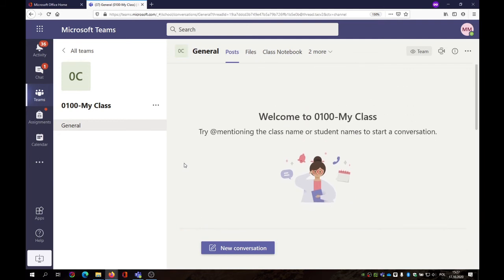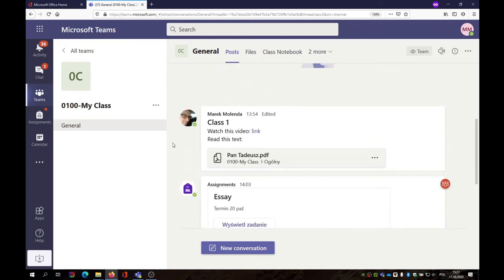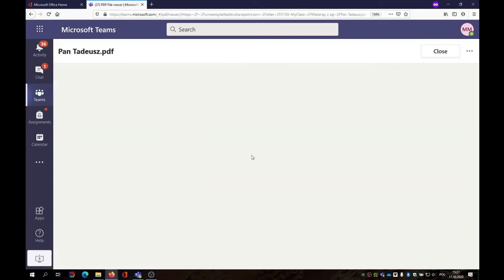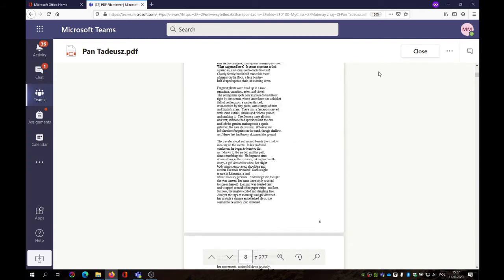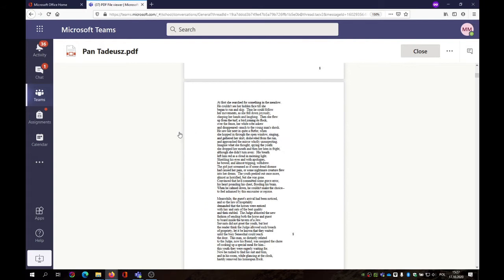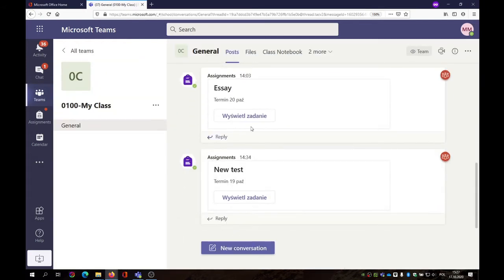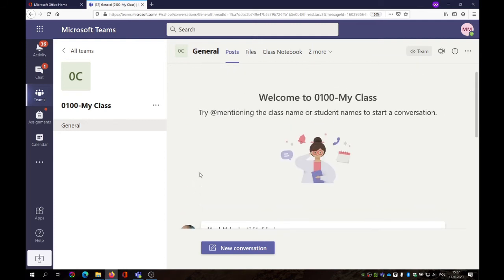As you can see, inside the team, you have a number of tabs, such as Posts, Files, Class Notebook, etc. We are going to start with Posts. As you can see here, your teacher has already posted a task. You have a link to the video. If you click on it, the video is going to open. And you also have something to read. So if you click on this file, you will be able to preview its contents. Now I'm going to click on Close. Also, as you can see, we have information about an essay and a test. We are going to take a look at those in a second, but now let's